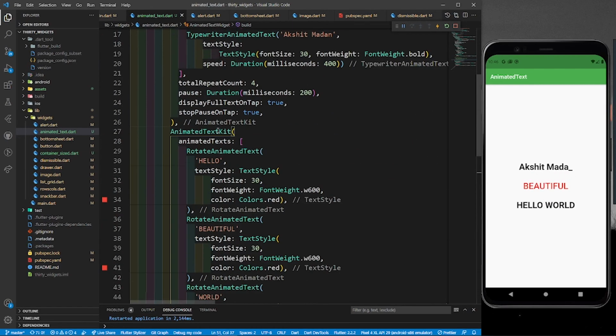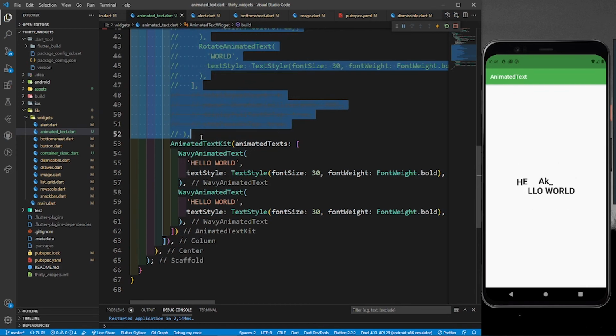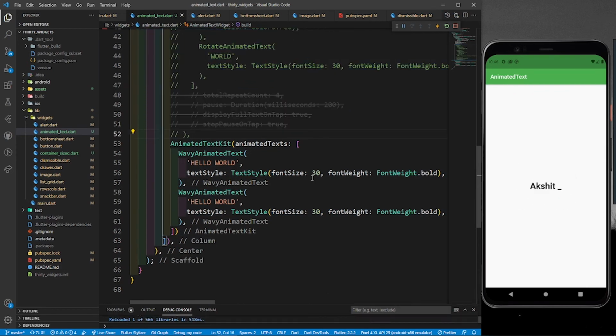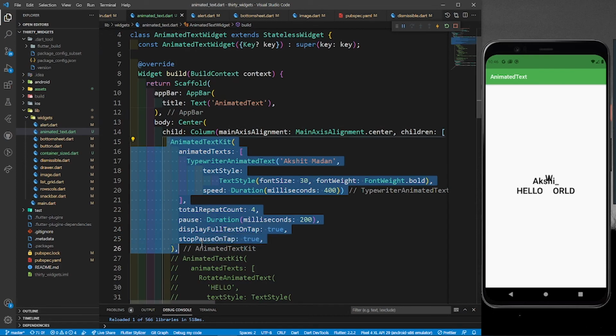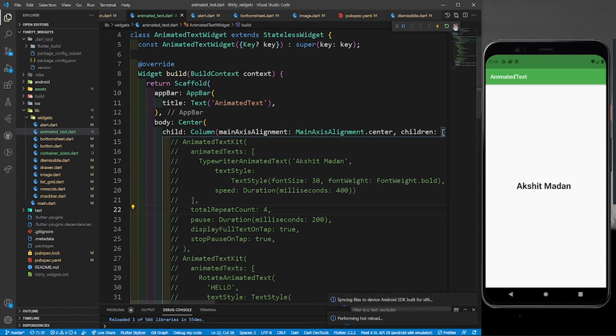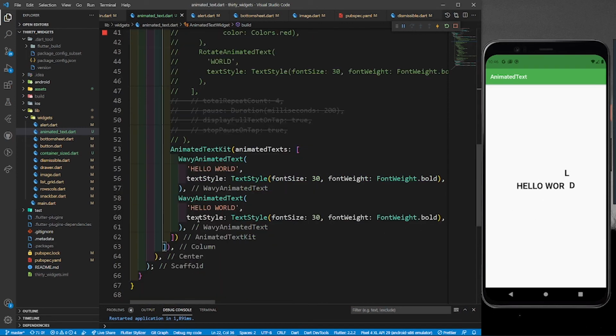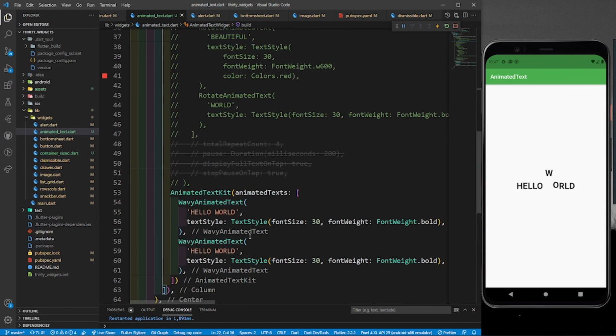And let me just comment this middle one because it takes the space and it removes the space. So I will just save it now, and you can see animate. And let me just comment this first one also so that you can focus on the last animation only. You can see this is a wavy animation kit, right? So now you can add these animated kits to your apps and you can just enjoy them, right?